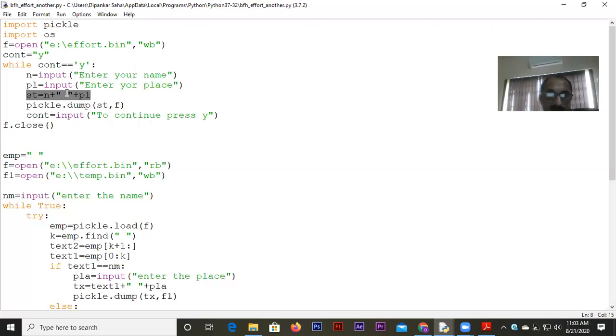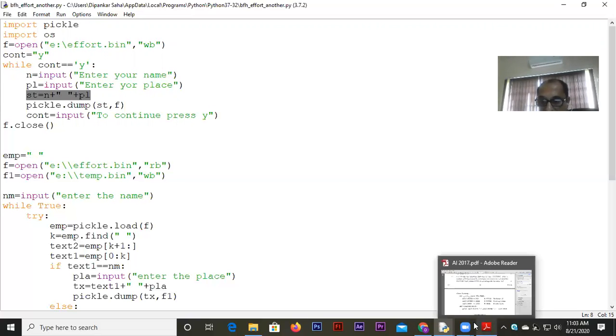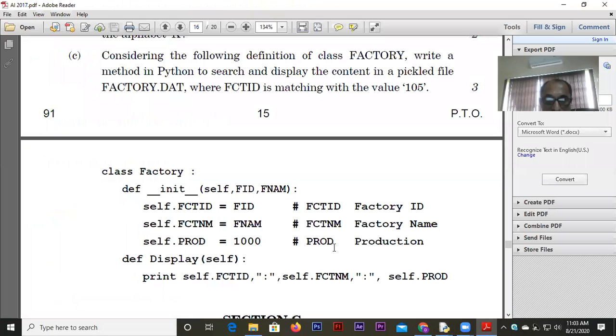Now yesterday, if you remember the video which I posted, you have seen that in some cases the separator might be a colon, separator might be an at the rate sign, and so on. I will just show you one of the questions very quickly here. Look at this. This was the paper of 2017. Here basically three items they have written into a binary file. One is FCT ID, one is FCT NM. It's an ID of a person, I guess. FCT name and some production or whatever, which is a numeric quantity. And look at this, they have put a colon.